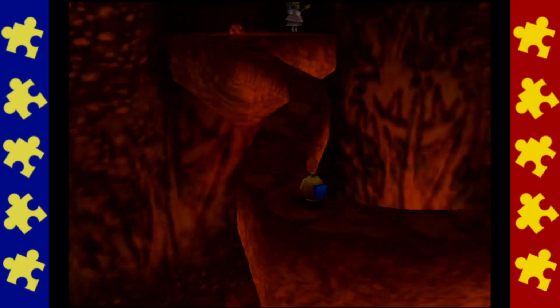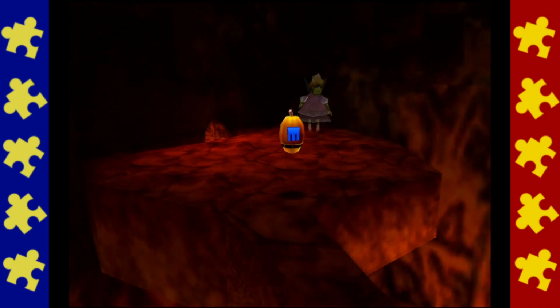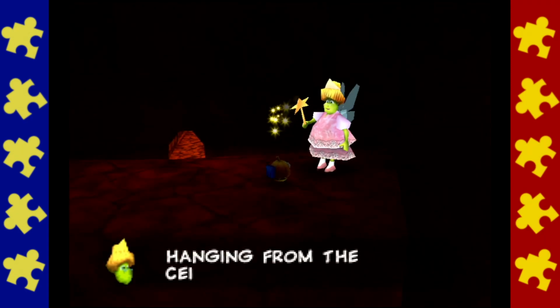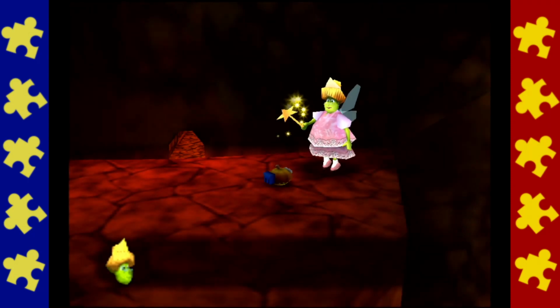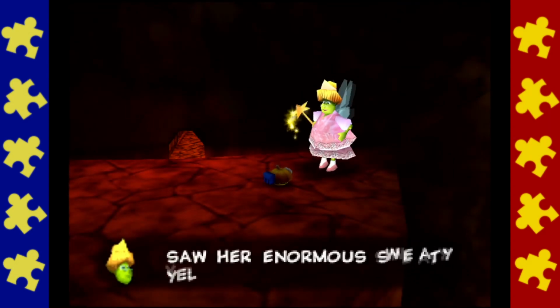So traversing this precarious thing here not only will meet us up with Gruntilda again. Revolting Gruntilda's bedroom has smelly socks hanging from the ceiling. She also has a loogie bush growing in a pot beside her bed. Filthy old bag. And you'd be sick if you saw her enormous sweaty...